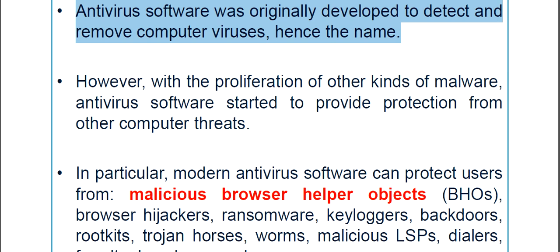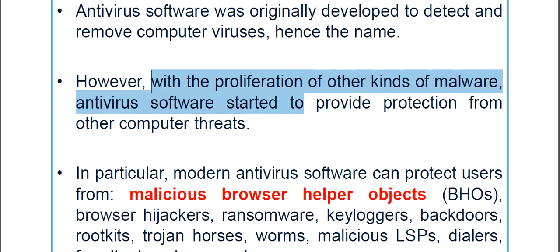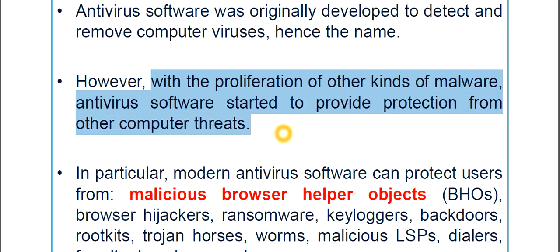However, with the proliferation of other kinds of malware, antivirus software started to provide protection from other computer threats also. Because you have seen that not just viruses, we have threats from other different types of malwares also. So as time progressed, antivirus software has included services to protect our files from those other